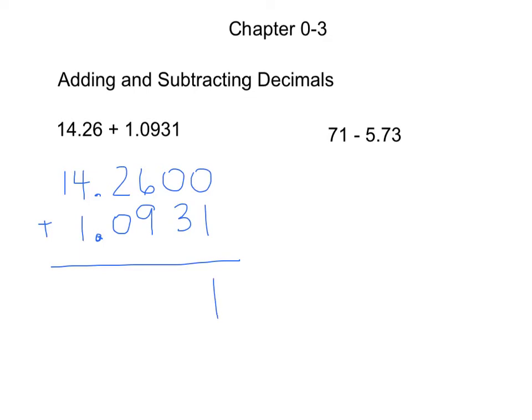0 plus 1 is 1. 0 plus 3 is 3. 6 plus 9 is 15. Carry my 1. 3, bring my decimal point down right there, 5 and 1. So my final answer would be 15.3531. When I subtract, I'm going to do the same thing. But if we notice here in the 71, there's no decimal point. So what I'm going to do is put a decimal point right here at the end of it. And then I'm going to subtract